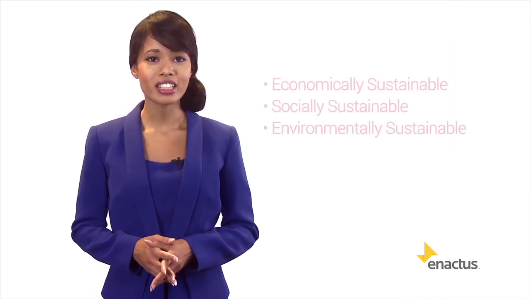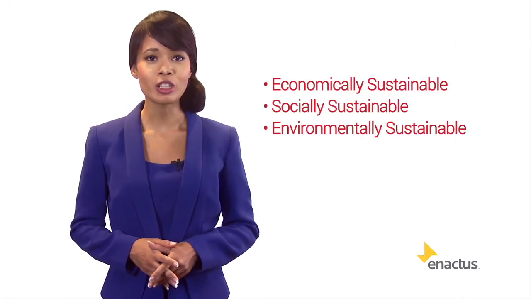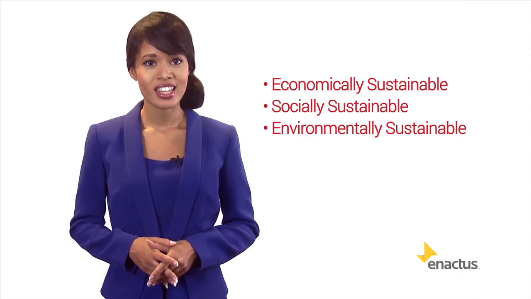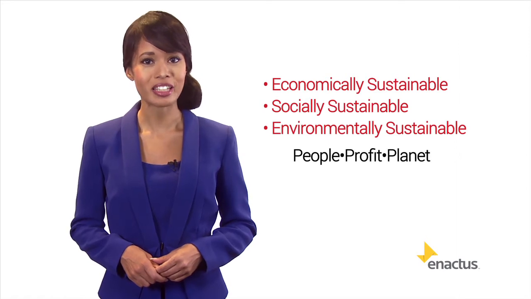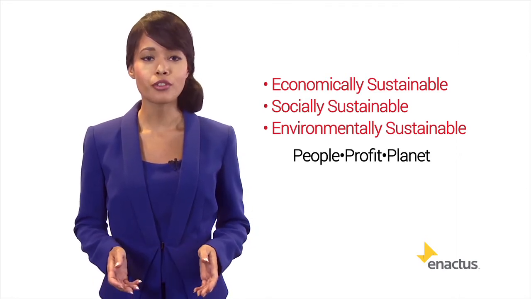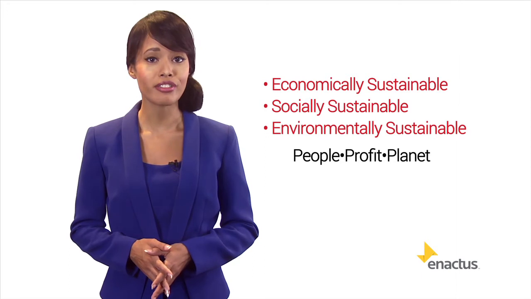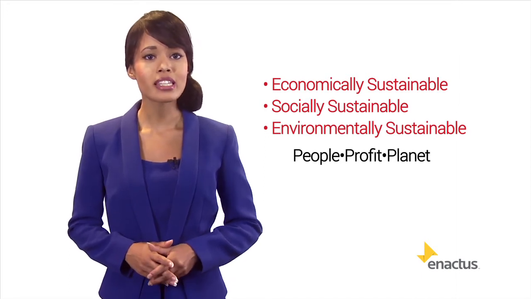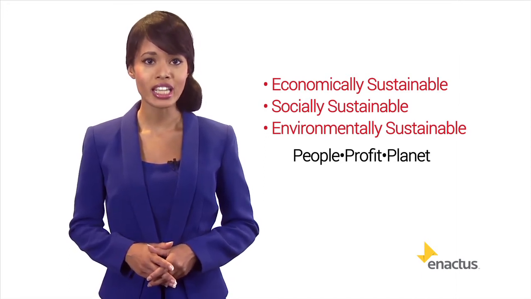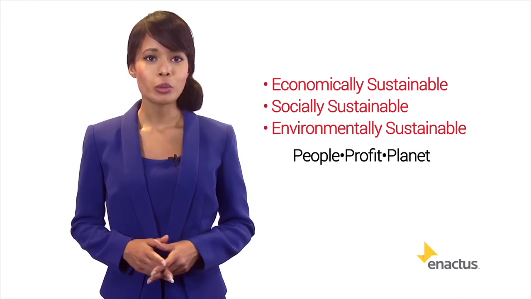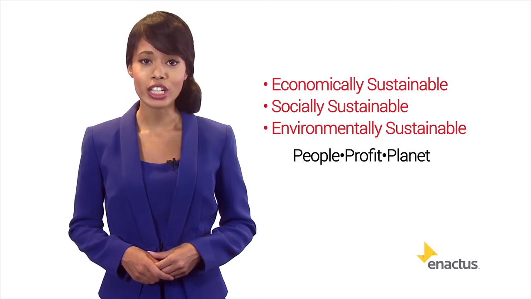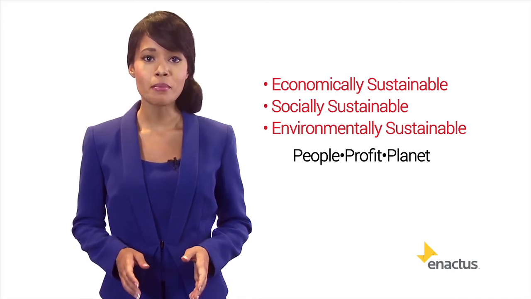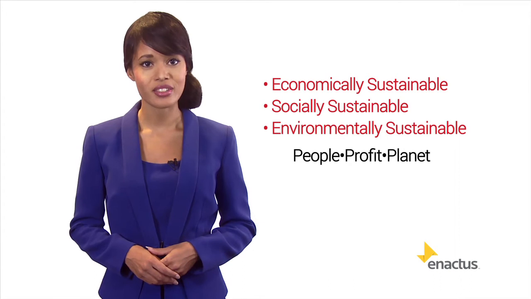The final section of the judging criterion is economically, socially, and environmentally sustainable. This is in reference to the triple bottom line concept, also known as people, profit, and planet, and is meant to illustrate that for a project or initiative to be truly effective and sustainable, it must make sense economically as well as socially and environmentally. When presenting to you, the team should show that they considered these 3 factors for each project and that no negative impact occurred in any of these areas.